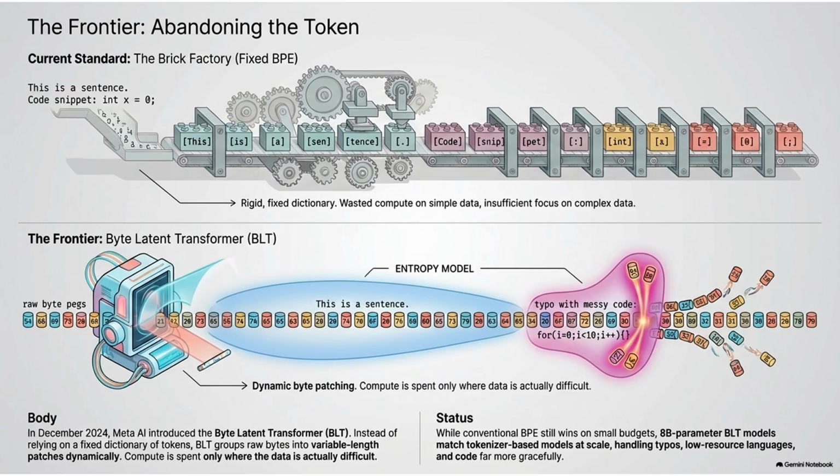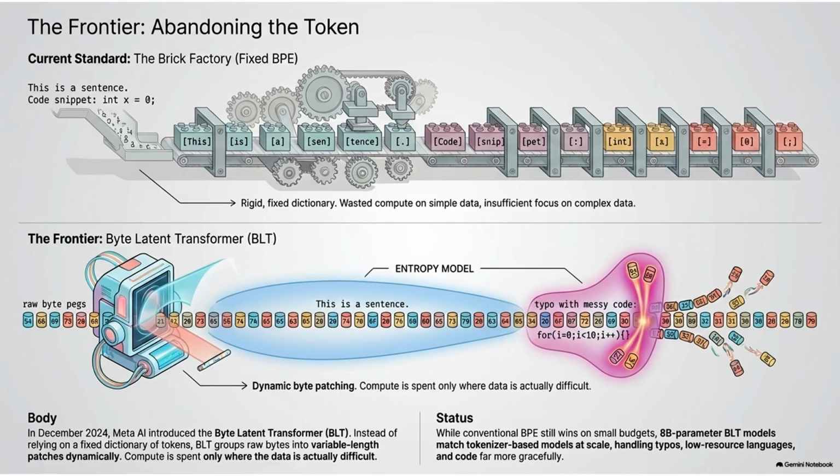Read the status box. Conventional byte pair encoding still wins on small training budgets. This needs architectural changes, so you cannot drop it into an existing system. And essentially every model you personally use today still has a tokenizer inside it. This is not shipped, it is a direction. But look at how the question has changed. For years, the research question was, which merge order is best? Now the question is, should the model see